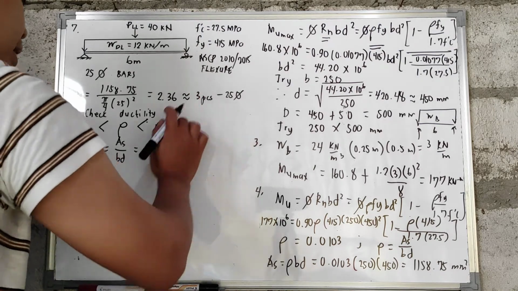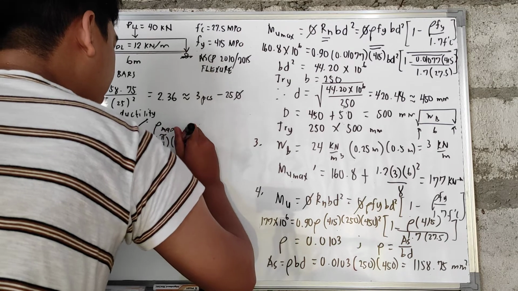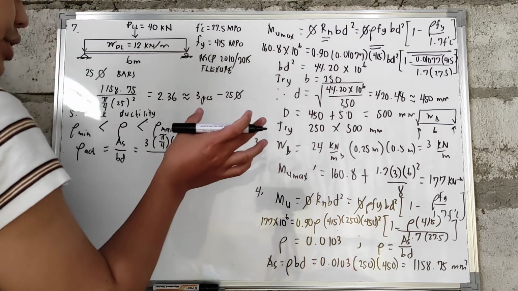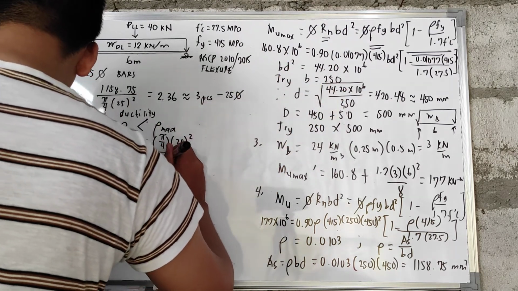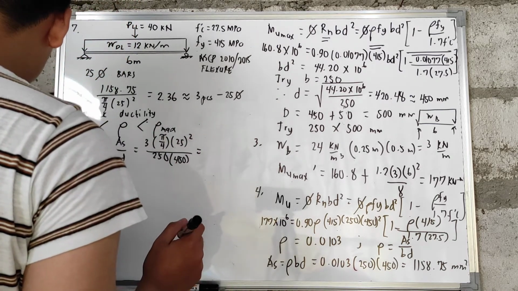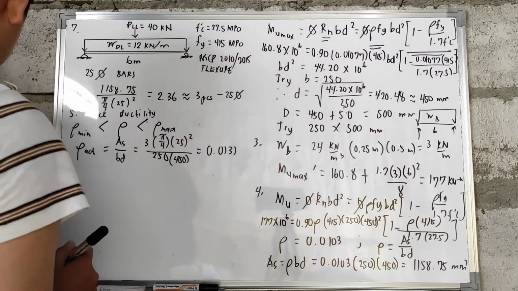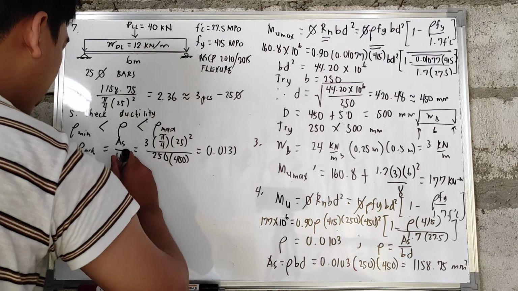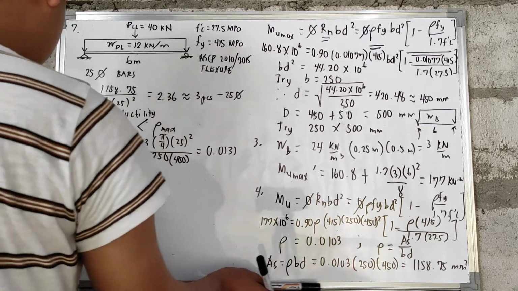Ito mismo yung actual na ilalagay natin. So meron tayong 3 peraso ng steel reinforcement na ilalagay na merong diameter na 25 mm over yung width ng section ng beam natin that is equal to 250 multiplied by the effective depth na 415. So you will have a value of your rho actual which is equal to 0.0131. Next naman is kunin natin yung value ng rho minimum natin. So that is equal to 1.4 over fy. So rho minimum is now equal to